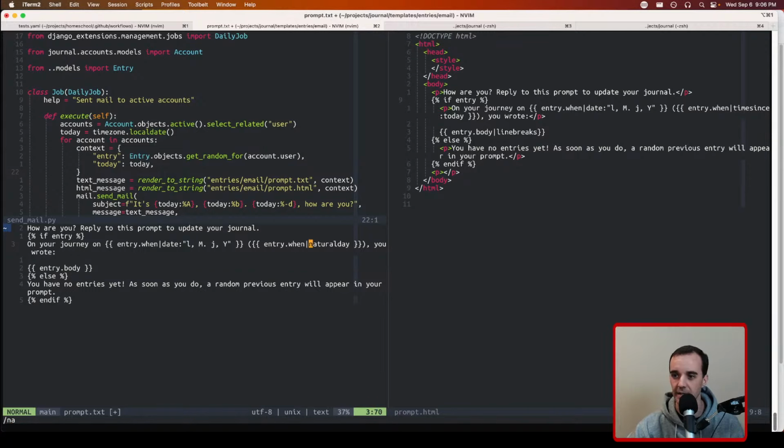this natural day line here, and we can switch it from natural day to time since, and we can provide a colon, which is kind of a way with template tags to say when you have arguments of what to do, and we give it today as the argument. So you can view this